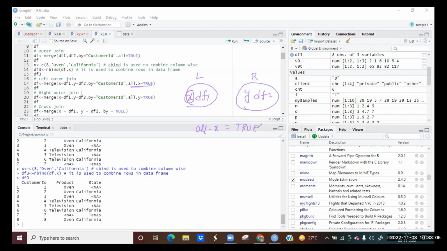You should give all.x equal to true. Whenever you give all.x equal to true, you are giving more preference to the left table as compared with the right table. That means all the records from the left side table and only the common records from the right side. That is the terminology for how we can understand the left outer join and left join. So if I execute this,